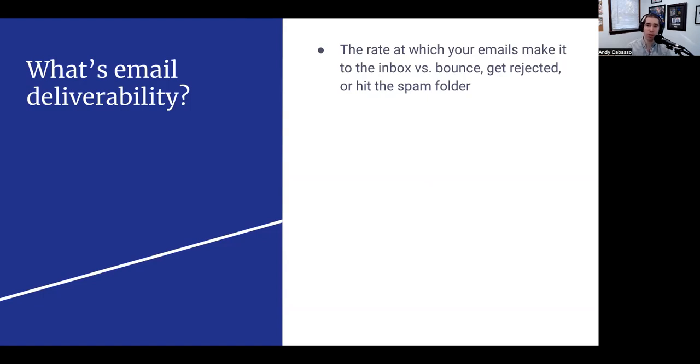Things that can contribute to deliverability include bounce rate, when the emails that you're reaching out to are bad or dead emails that aren't working, or the recipient's email service provider deciding whether or not your email should go into that person's inbox or spam folder.